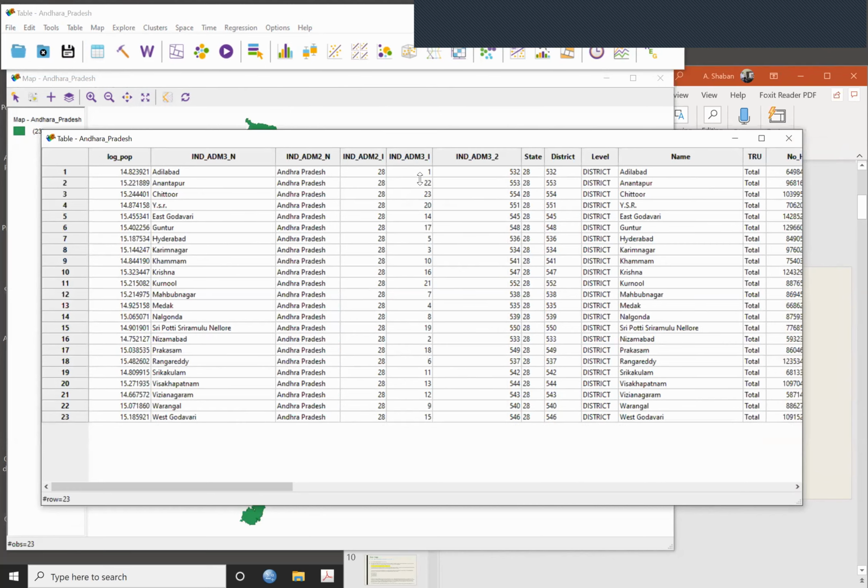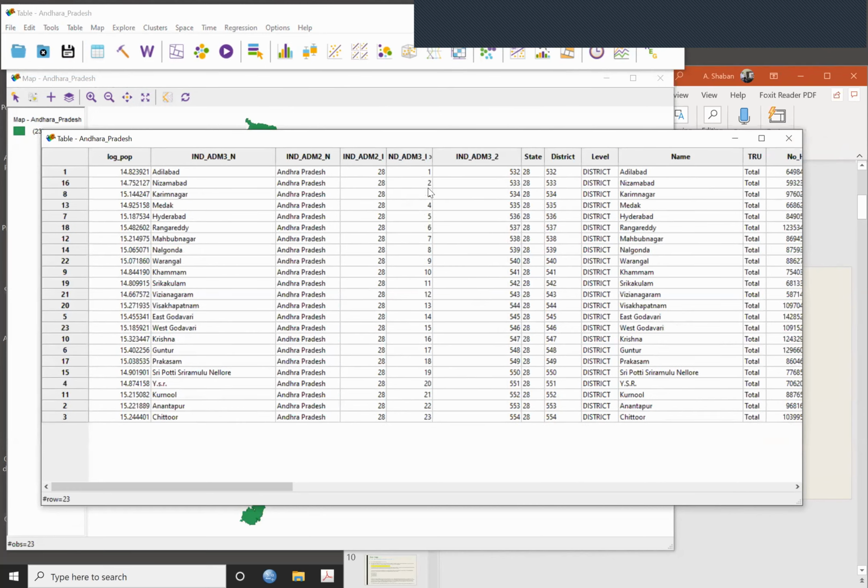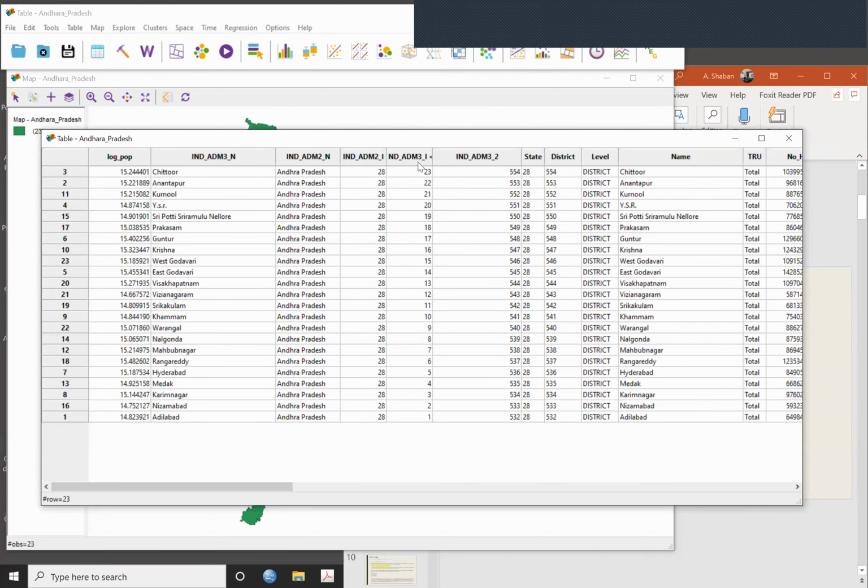For example, this is my order which I had created. I press it double, just double click here. Nothing changes. All of them change together. So you have 1, 2, 3, 4, 5, ascending order: Adilabad, Nizamabad, Karimnagar to Chittoor. I double click again, and it becomes reverse order.